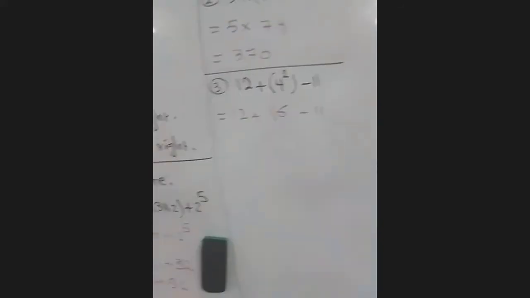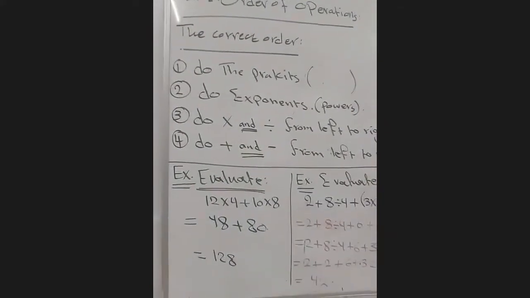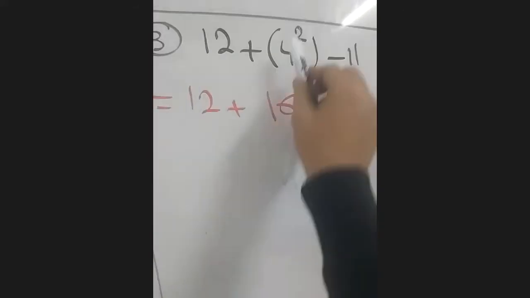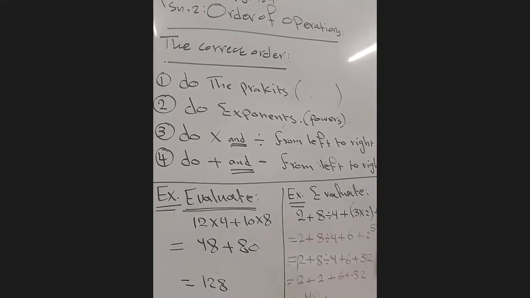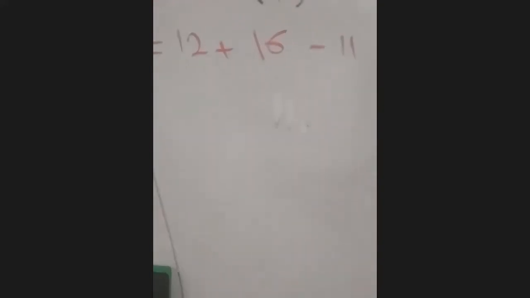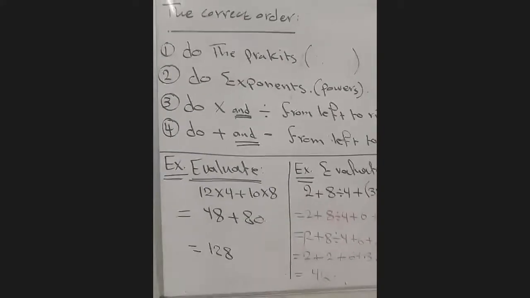Now we are done with the brackets. What's the second step? Do the exponent's power. We don't have. Do we have exponent now? We did it from the bracket already. Right. What's the third step? Do multiply and divide from left to right. Do we have multiply and divide? No. So the last step,